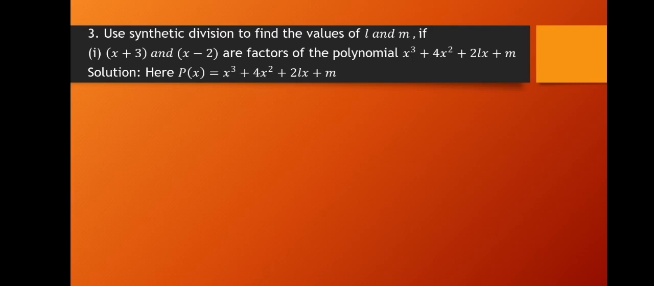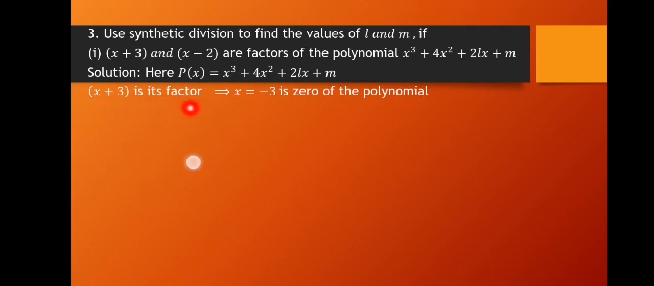Question number 3 is use synthetic division to find the value of L and M if x plus 3 and x minus 2 are the factors of the cubic polynomial x cubed plus 4x squared plus 2lx plus m. Here the polynomial contains the two unknowns L and M, and we are going to find out L and M with the help of synthetic division. So first we will write it as